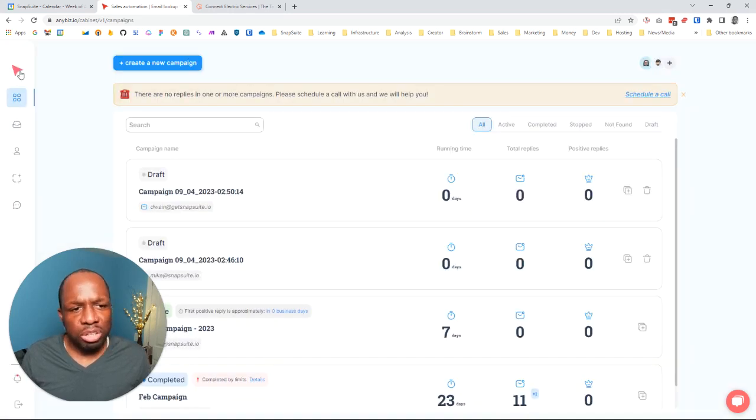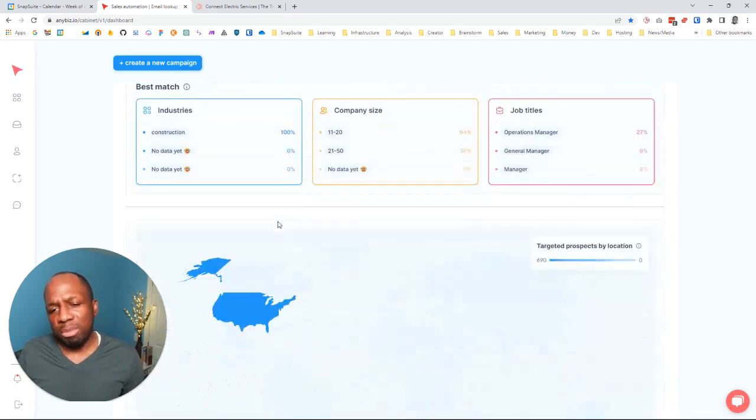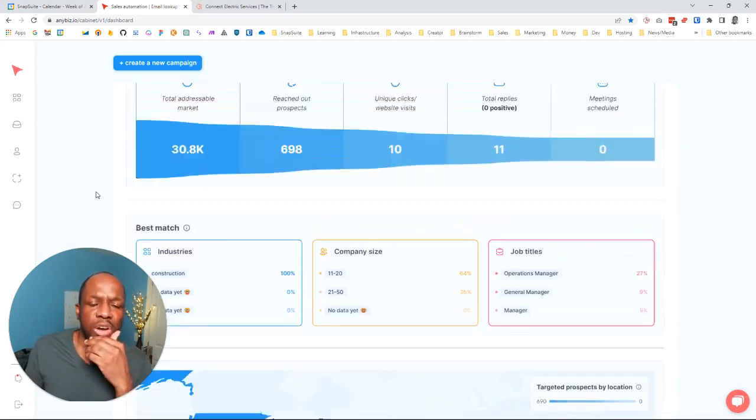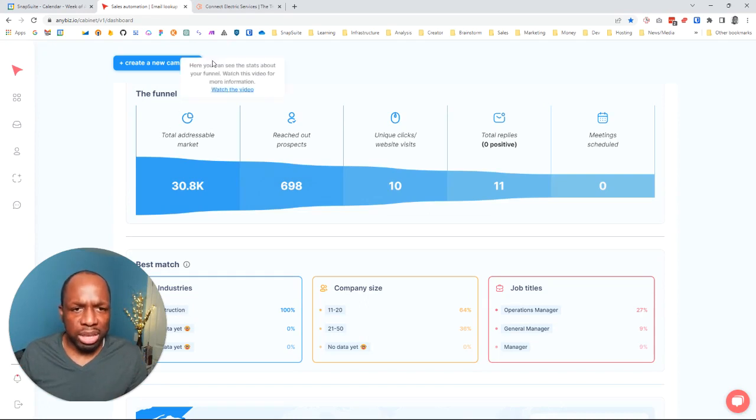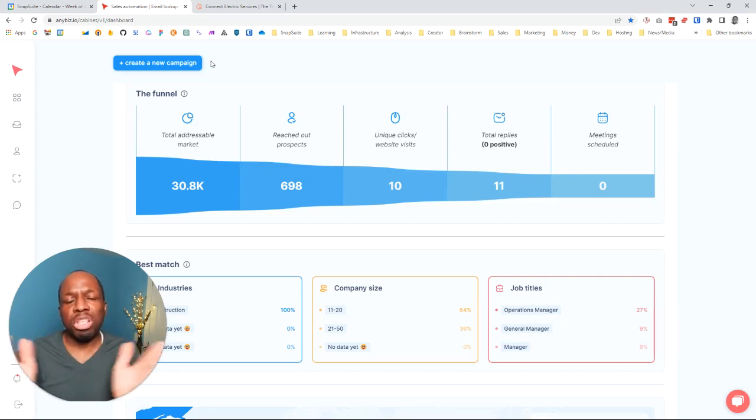So it's a really good tool. What I like about it is the simplicity and stuff. Here's the downside to it. So the downside right now is that the people can reply, and by the way, it's being sent out from your inbox. So it's only sending out about 30 or 40 per day. So what you have to do is you actually have to combine multiple email addresses so you could send out sort of the volume. But I do like the fact that it's coming out from our actual email addresses, because